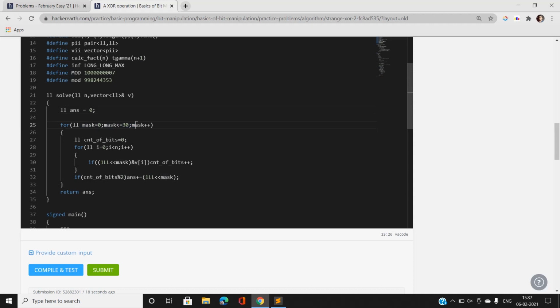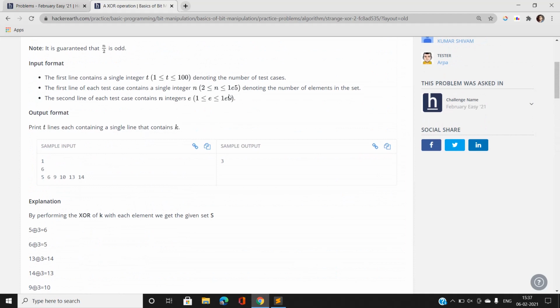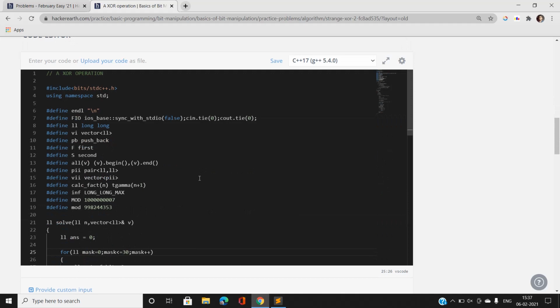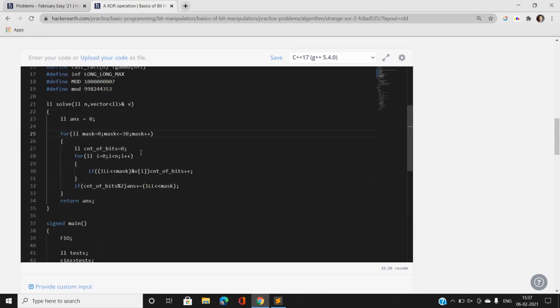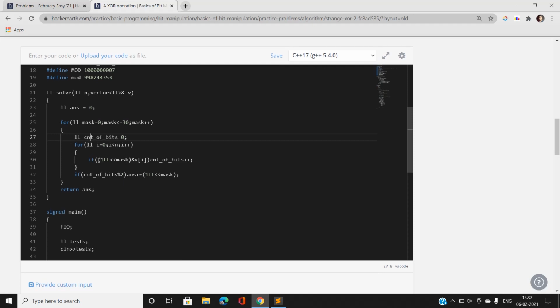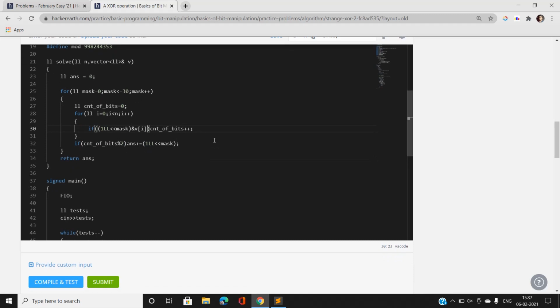There is also another question. Note that our value goes up to 1e9, so 2 power 30 is going to manage to cover this range. Okay, so I'm going to make my variable count of bits equal to 1 as 0 initially, and I am going to do an AND operation and check if there exists a set bit equal to 1 at this position for the element vi, that is, for the ith element in the vector. And if there is a set bit equal to 1, I am going to increment my count of bits.